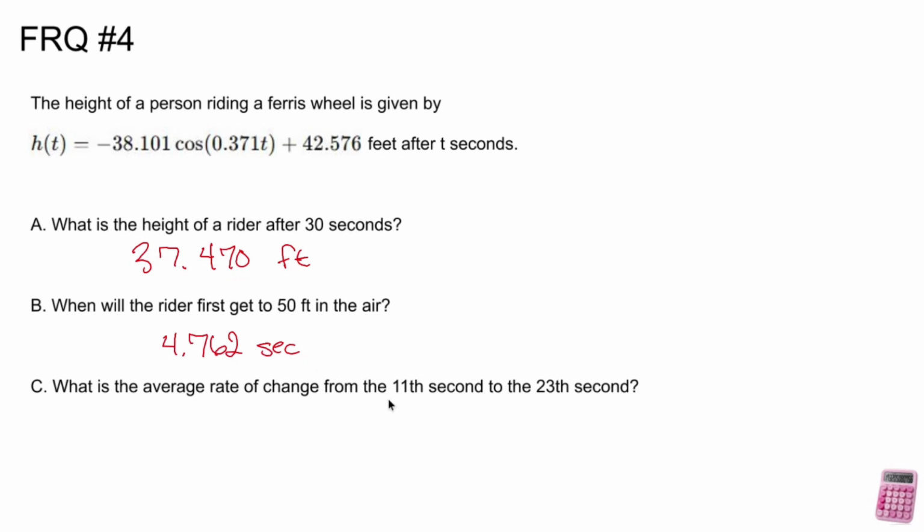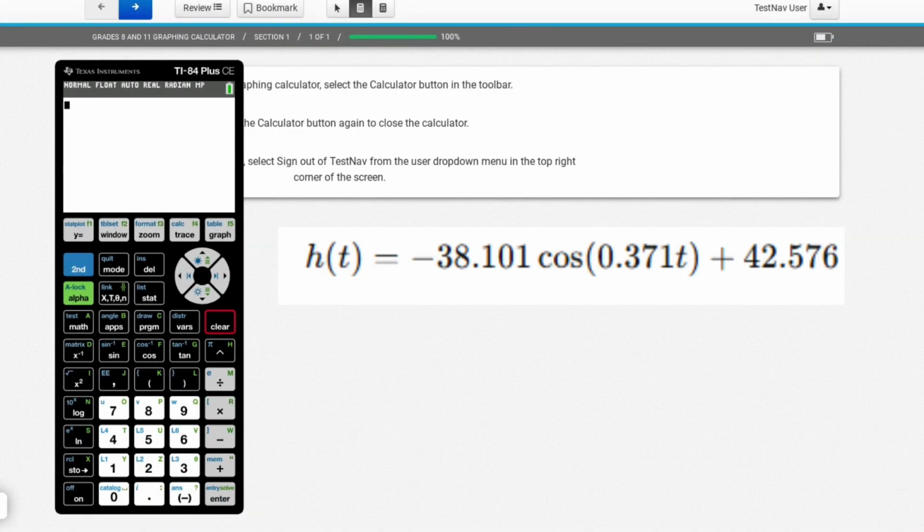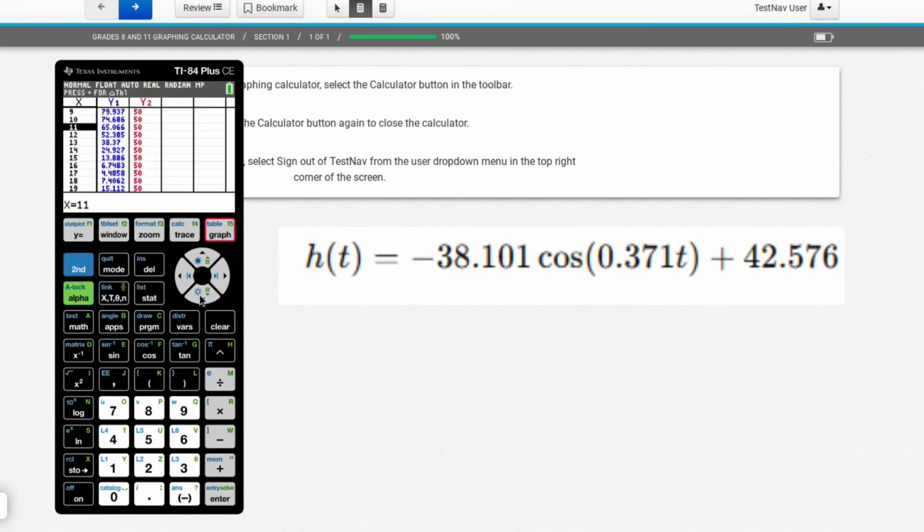What is the average rate of change from the 11th second to the 23rd second? Well, that's going to be the average rate of change formula, which is f of 23 minus f of 11 over 23 minus 11. So this is going to require us going back and forth looking at a table in our calculator. But let's go ahead and do that and see what we get. All right, this last part is going to involve me building our average rate of change formula. We first need f of 23. So you go to second, table, scroll down to 23, find out that that's